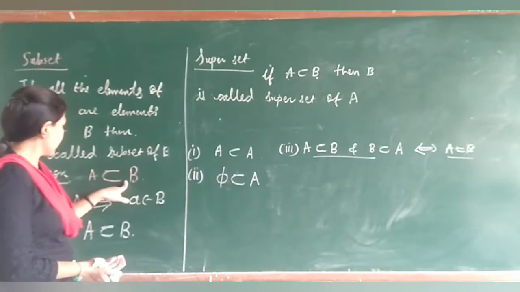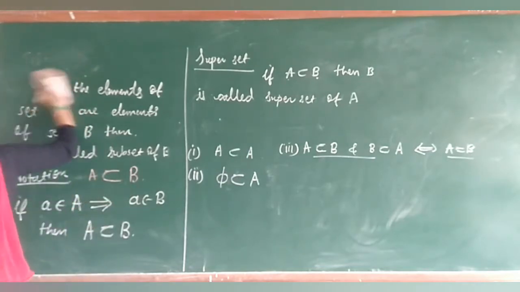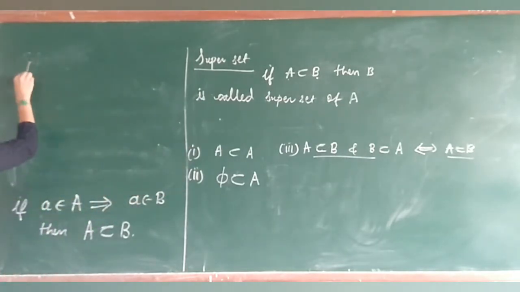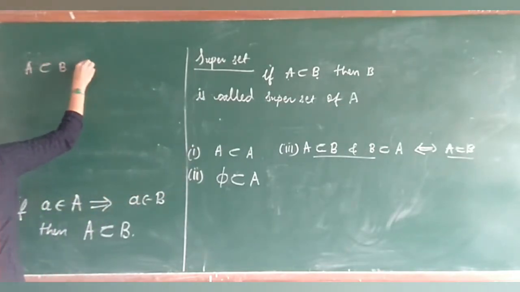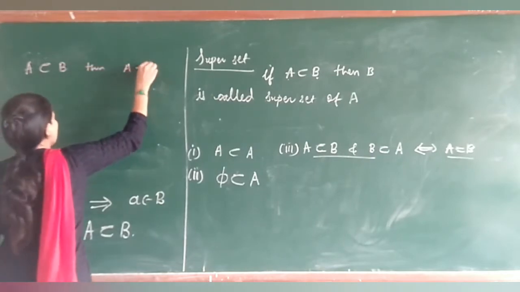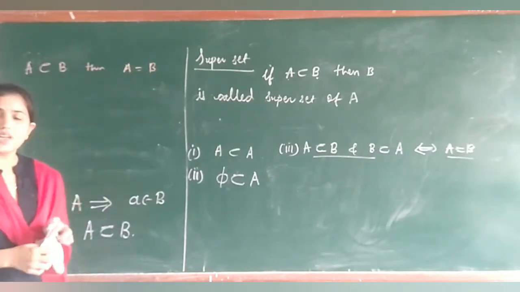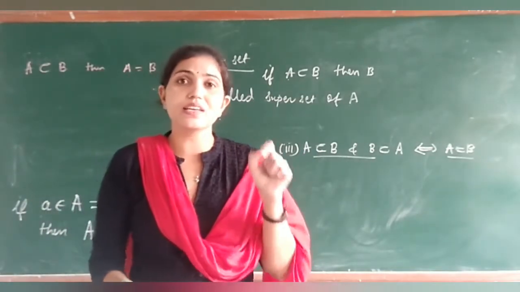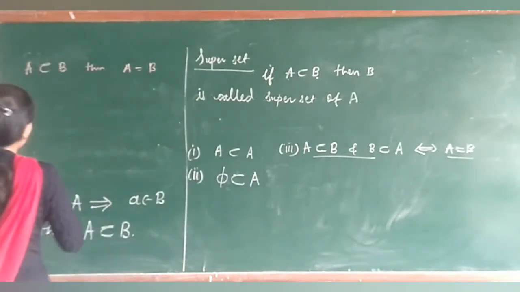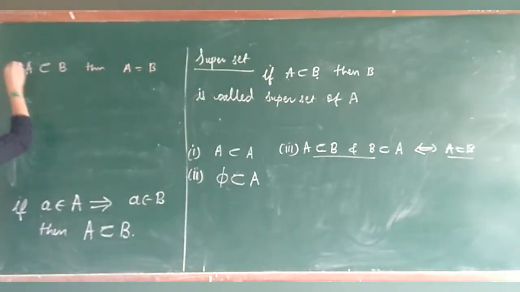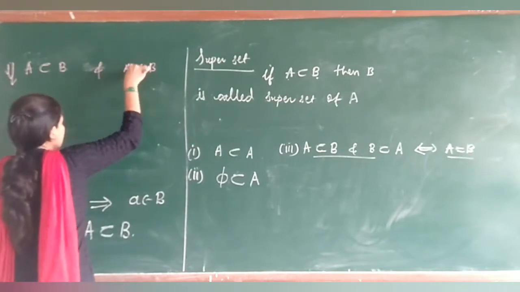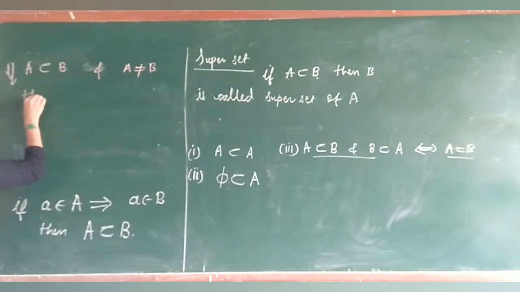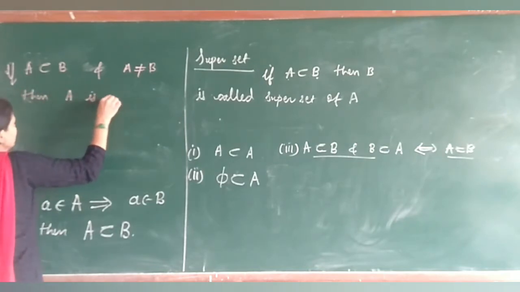So A is a subset of B here. If I write down A is a subset of B, then what can be the possibility? If A is a subset of B, then maybe A is equal to B. Okay, A is a subset of B. If it is a subset, then one possibility can be that A is equal to B. So if A is a subset of B and A is not equal to B, meaning A and B are not equal, then A is called